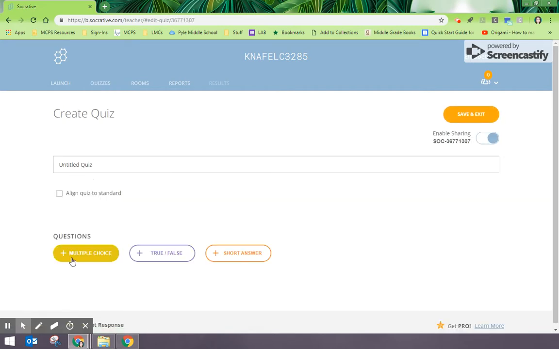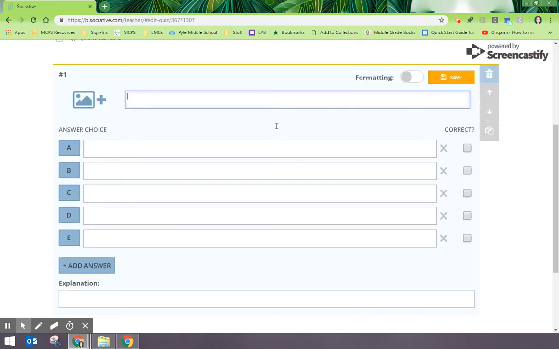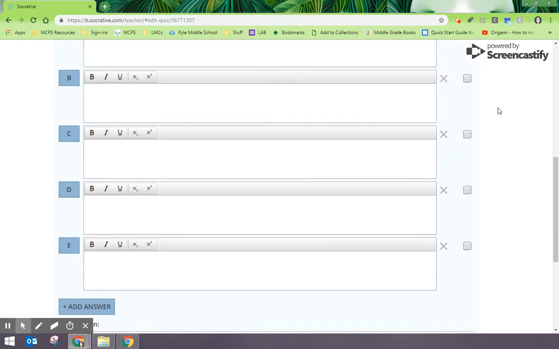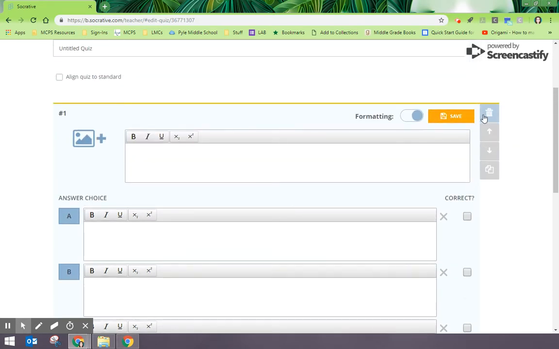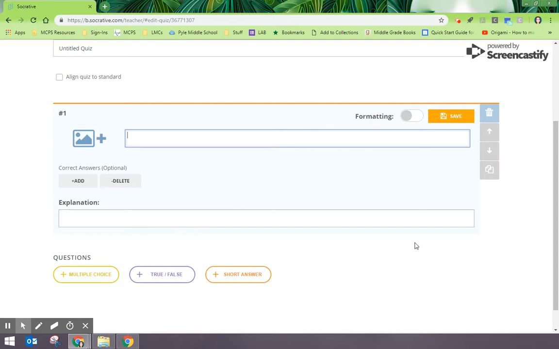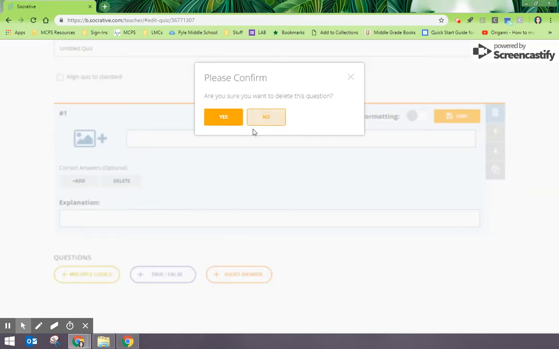The quizzes, you can do multiple choice, true and false, short answer, however you want to go ahead and do that. Here's a multiple choice, what this would look like. You can add formatting to it if you want to. So superscript, math people, I know you like that. But you would just simply put in the correct answer by clicking here. If you want to do a true or false question, short answer, however you want to do it, you can do correct answers or not for short answer, all of it. Okay, so